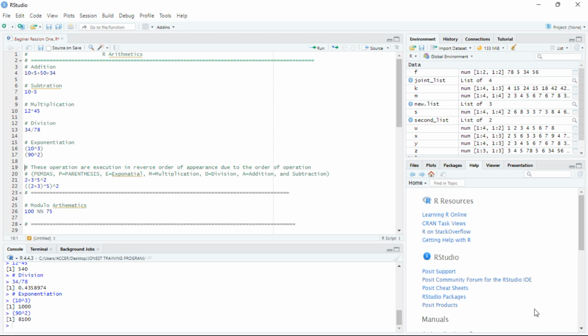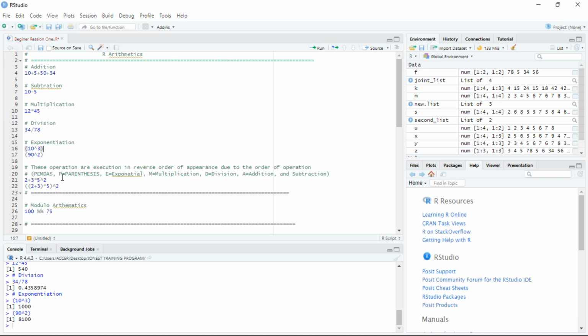The P stands for parenthesis. The E stands for exponential. The M stands for multiplication. The D stands for division. The A stands for addition. And the S stands for subtraction, as you can see here. So once we have an expression that has different forms of signs inside, we are going to solve it using the order of PEMDAS. The order of PEMDAS here will help us to